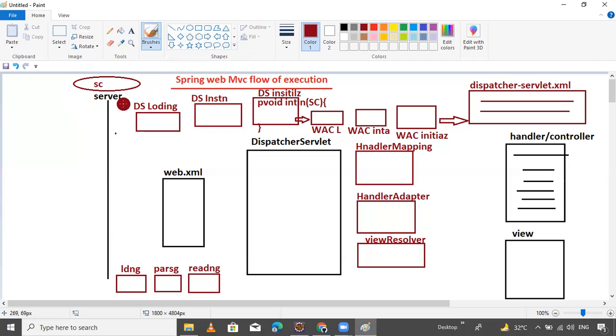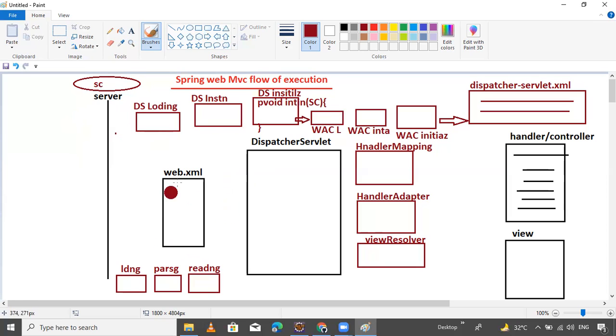After the application is deployed, the container will search for the web-inf folder. If the web-inf folder exists, then inside the web-inf folder one file is found. The file name is web.xml.